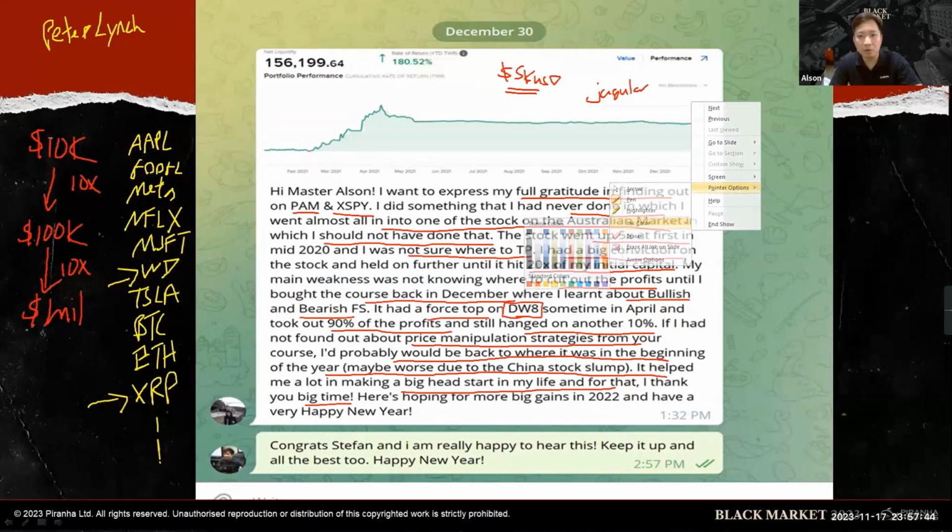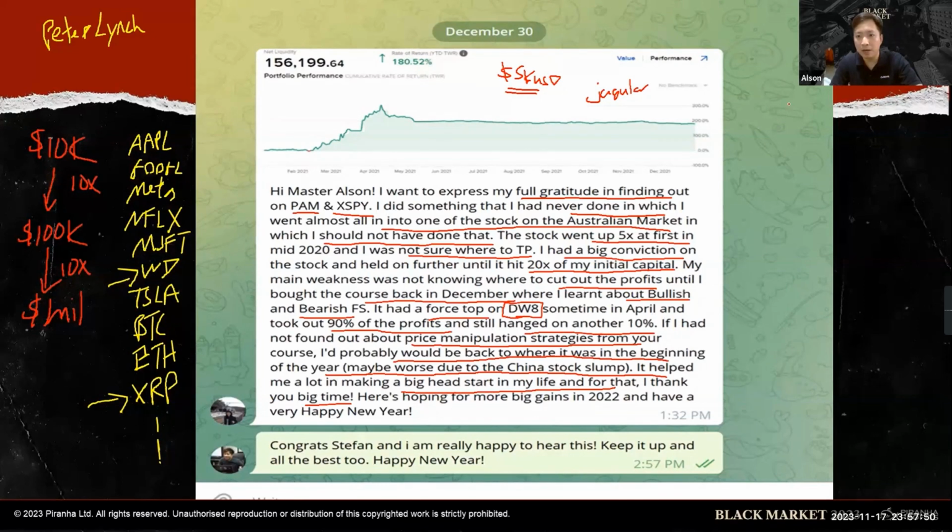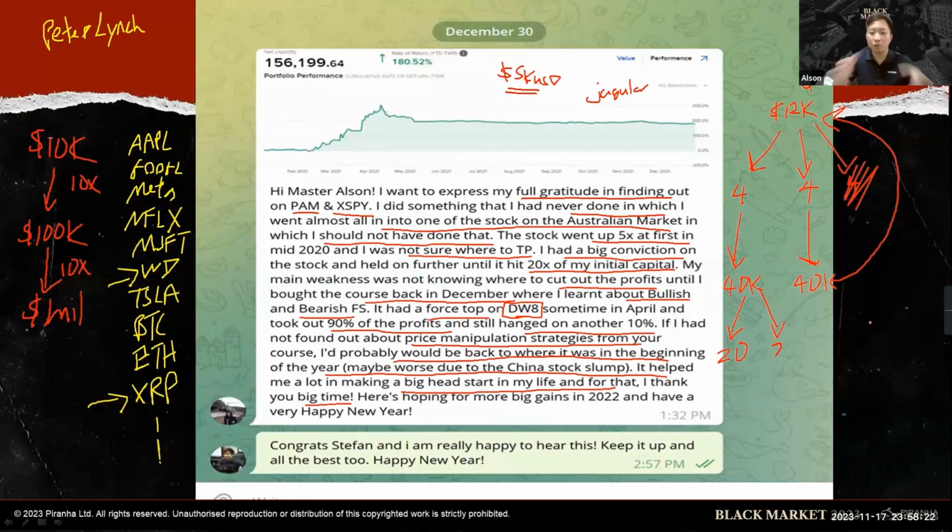And over here you can see, guys, you don't have to exactly go for the 10K like this, right? You can improvise and start with 12K, for example, and split it into 4K, 4K, 4K. Let's say you go for 10x, then this one becomes 40K. And this one you buy Dogecoin, it goes to 0. And let's say this one is 40K, you want to have peace of mind, you take back 20,000, then you invest the other 20K, 20K, 20K. Of course it will take longer, but you have a game plan eventually, right?